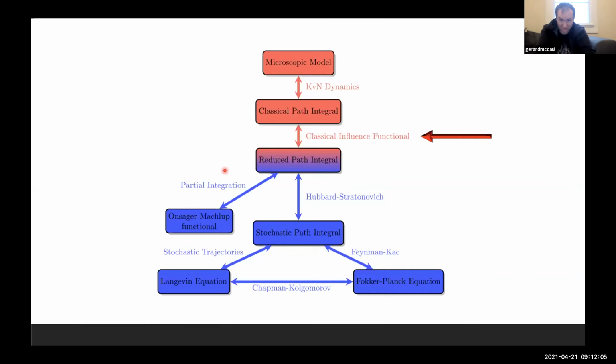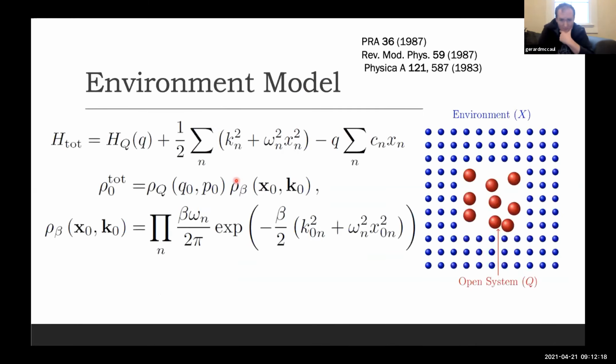Now, what can we actually do with this? I'm going to take the rest of this time to take you through an example of an influence functional calculation and how this relates to this stochastic Langevin-von Neumann equation that we saw at the start. So in order to actually evaluate an influence functional, we need to have some kind of environmental